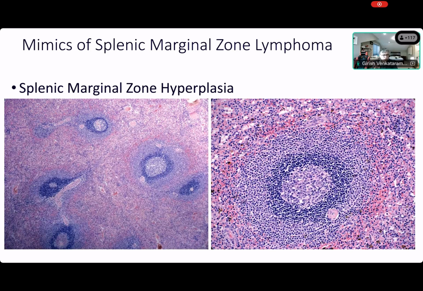Sometimes you will see a normal spleen come out in a trauma case, right? They will just remove the spleen in a gunshot wound or whatever it is, and they will send you the spleen for examination. And you will see this kind of prominent marginal zone sometimes, and you should not jump to the conclusion that this is lymphoma, right? The weight is normal, and you just see some expanded marginal zones, leave it as hyperplasia. Don't jump to lymphoma there. You don't need to flow the spleen and try to get to a diagnosis either, right?